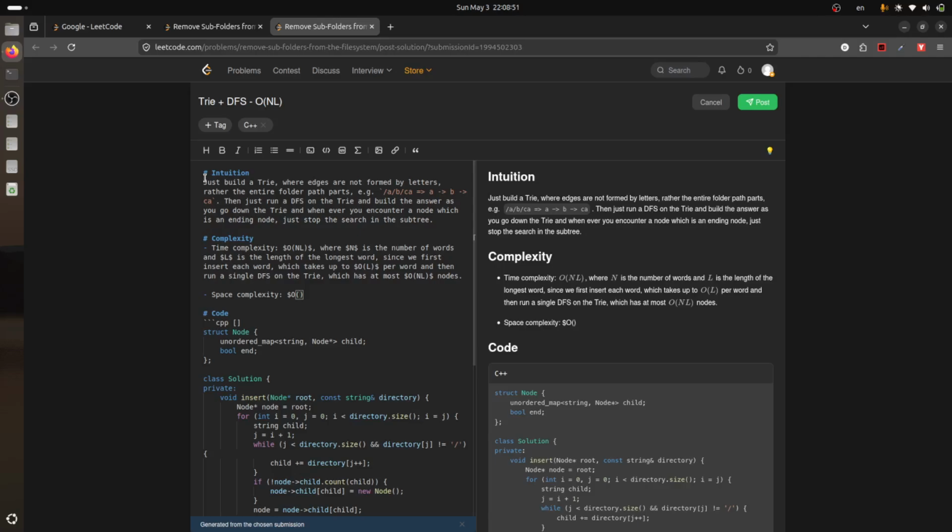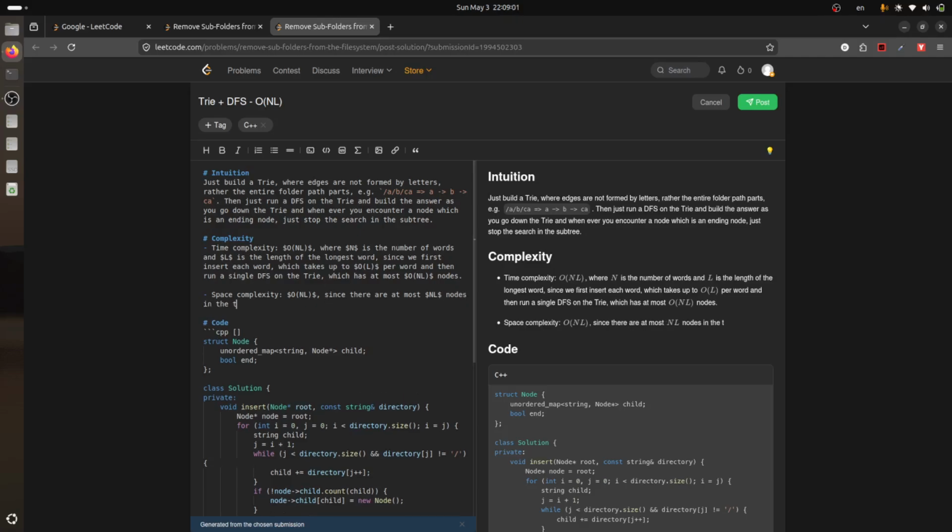I mean, technically we are also building out the answer string, but that doesn't matter. Space complexity is NL, since there are at most O(NL) nodes in the trie. Okay, post